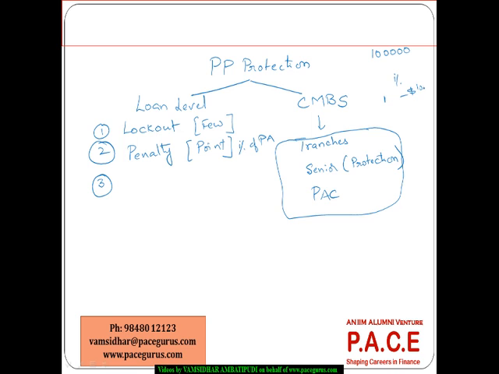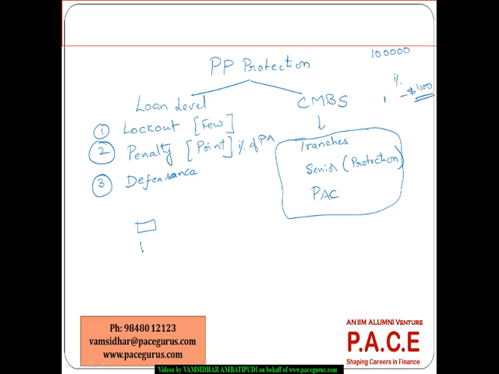So a penalty of $1,000 would be levied on that particular prepayment. So there is some penalty points that could be brought in. In some cases, there is a good, interesting concept of defeasance, especially to make sure that the CMBS investors are not losing out because of this prepayment.